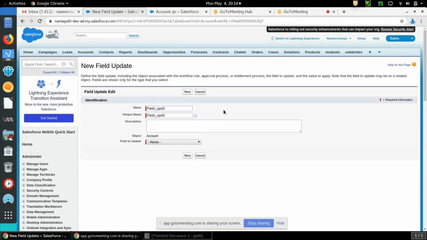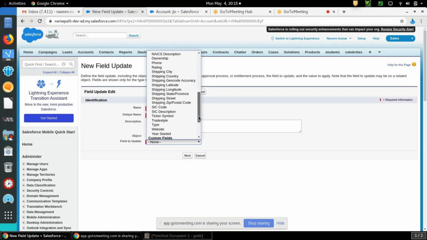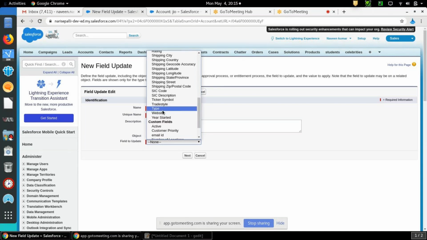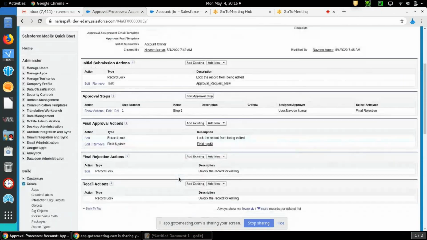I want to update the account type equal to customer direct when it is approved. Suppose if approval is rejected, this is the final rejection, so I want to update a field.